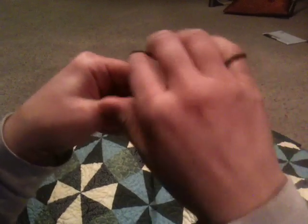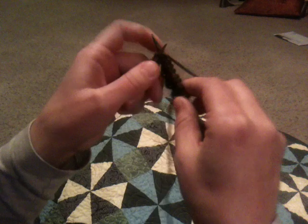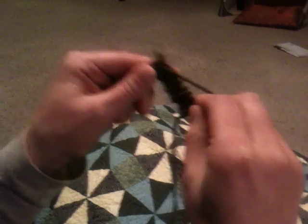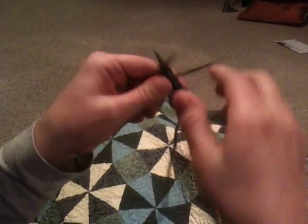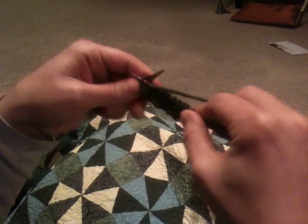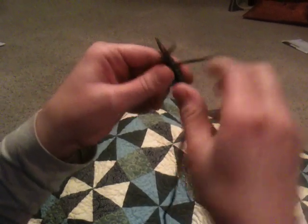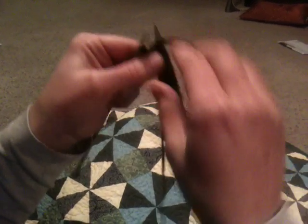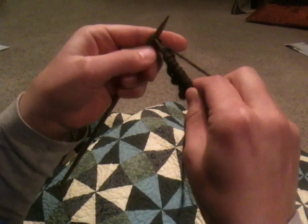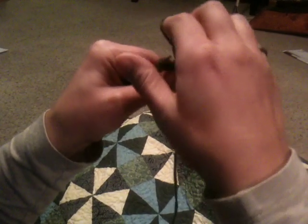Bring it to the front, purl, knit, purl. And I am a beginning knitter, so I'm maybe not as fluid as some others, but it gets the job done. Purl, knit, purl, knit. Okay, now there's one stitch left, and I've just knitted, so I'm going to bring the yarn to the